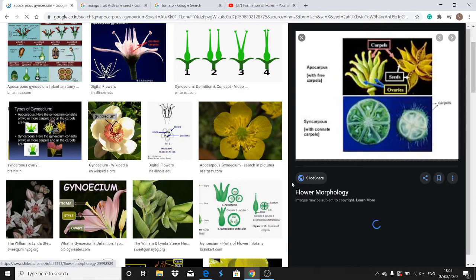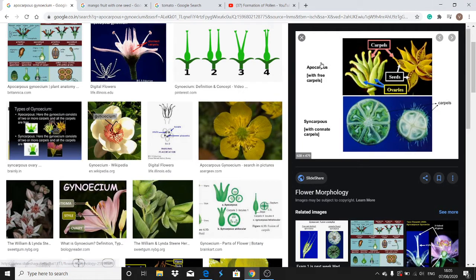Apocarpous and syncarpous flower. See, now see, this is the apocarpous flower. Apocarpous का मतलब क्या है? With free carpels. Can you observe this diagram now? See, these are the different types of carpels. We can count it, right? हमें ये अलग अलग दिख रहे हैं, right? ये अलग कार्पिल है, ये अलग है, ये अलग है. सो ये हर एक कार्पिल एक अलग सीड बनाता है. जैसे आपने कस्टर्ड एप्पल खाया है, राइट? तो उसमें अलग अलग सीड्स होते हैं. सो दे आर विद द फ्री कार्पल्स.